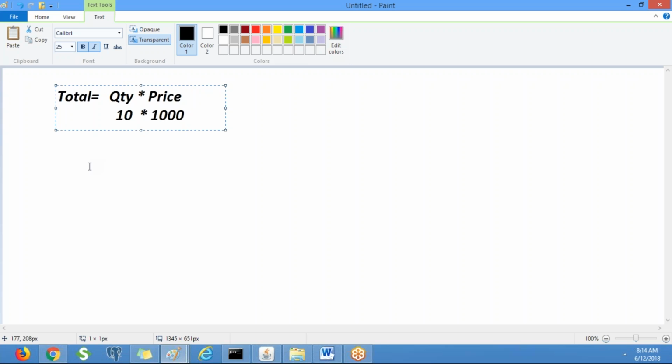If you change quantity to 5, it should be 5000. Immediately it has to be updated.